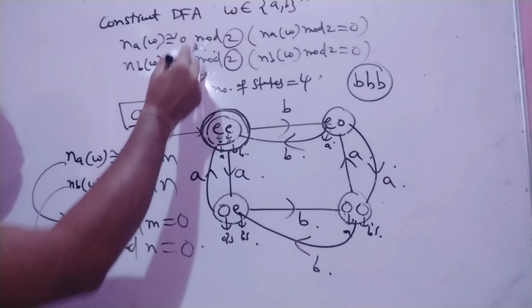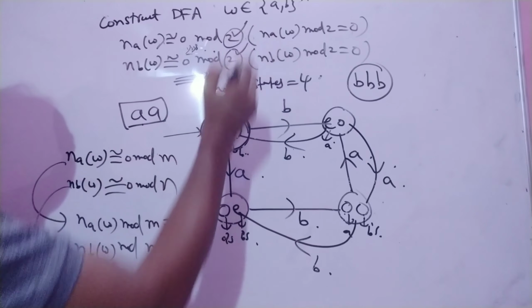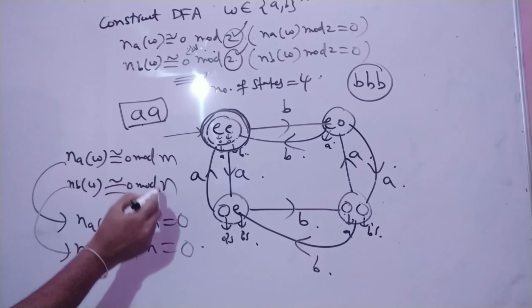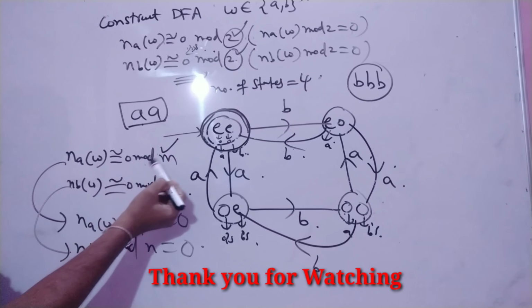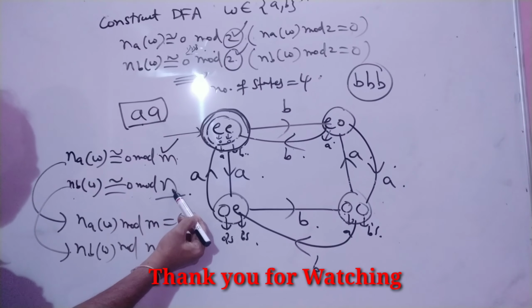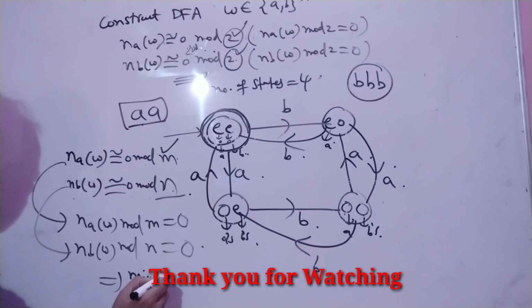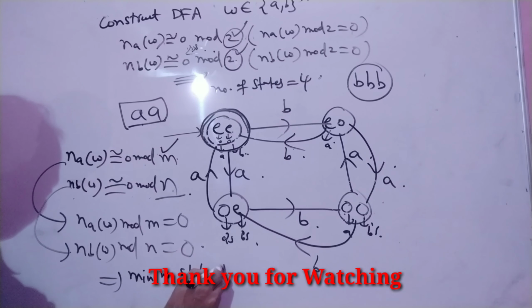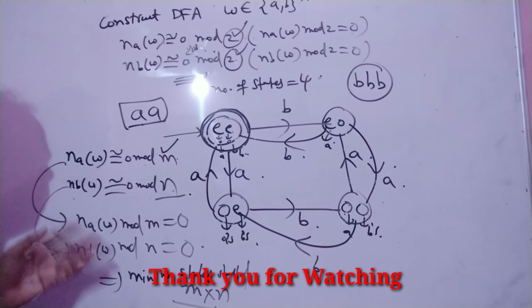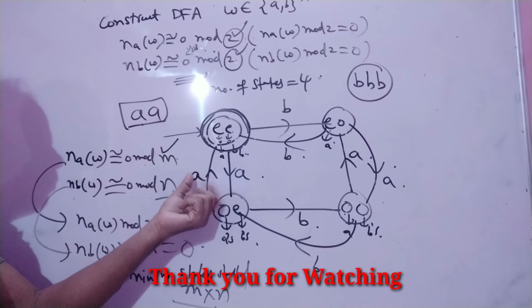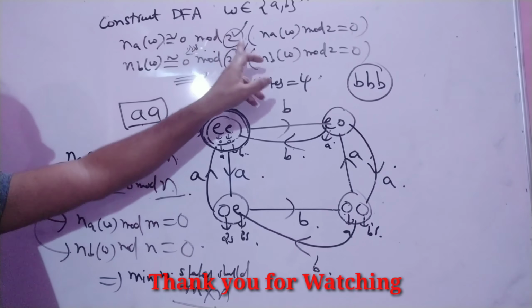So in the previous problem what we did? 2 and 2. It is mod 2 and mod 2. The result is 4 states required. If any problem is this case, number of A's is 0 mod m and number of B's is 0 mod n, then the total number of states required in the minimal DFA should be m into n. So you have to remember this, this is also an examination point of view. This is very important. The problem looks like a big one, but the logic is very simple. If any type of problem will come, just you can